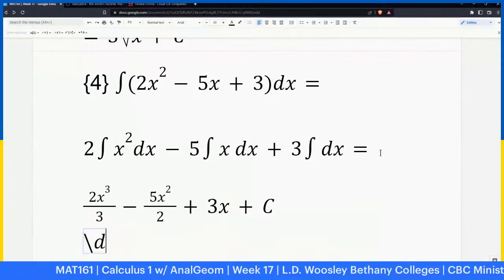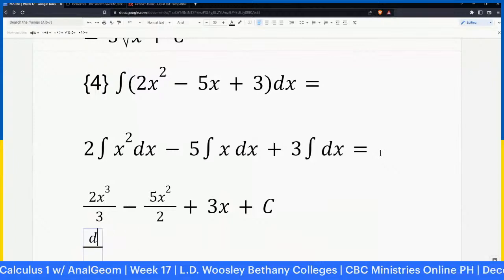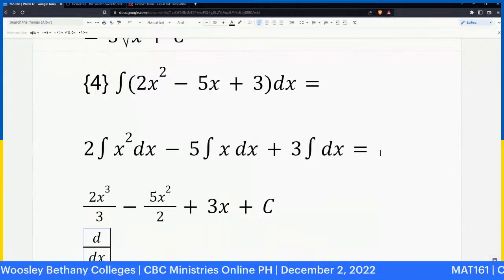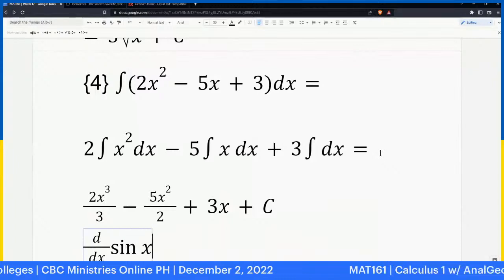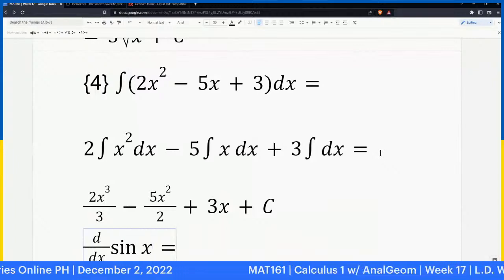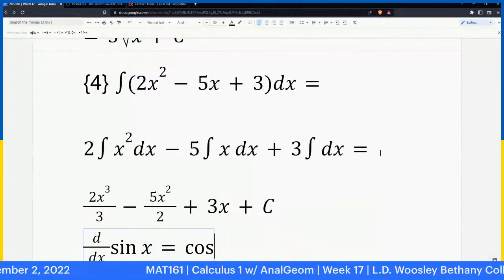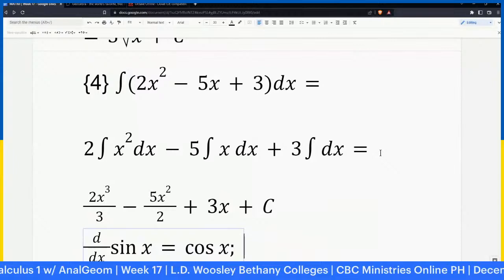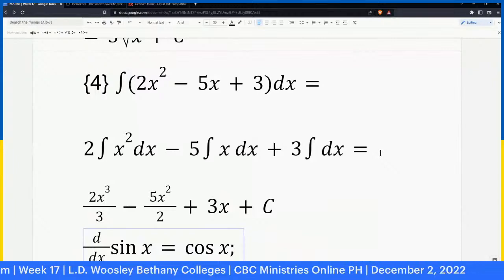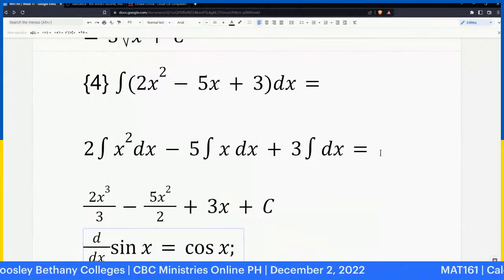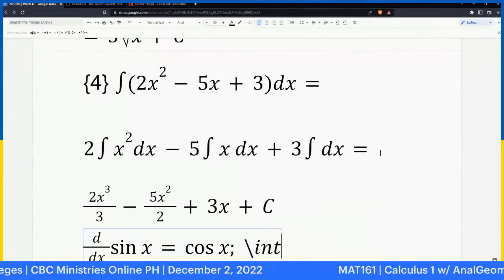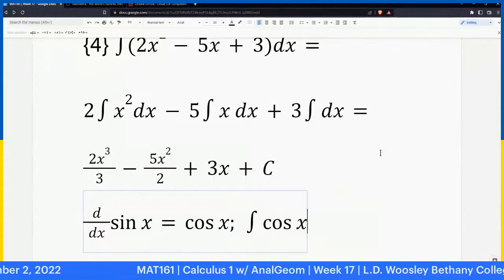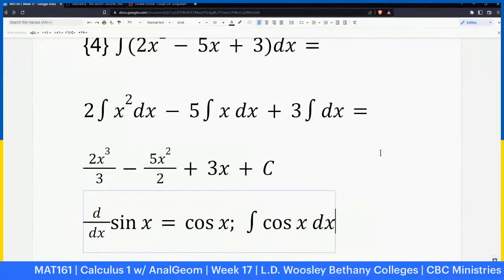Derivative of sine of x is equal to cosine of x. So ano magiging converse statement pag integration? Therefore, yung converse statement niya, integral of cosine x dx is equal to,